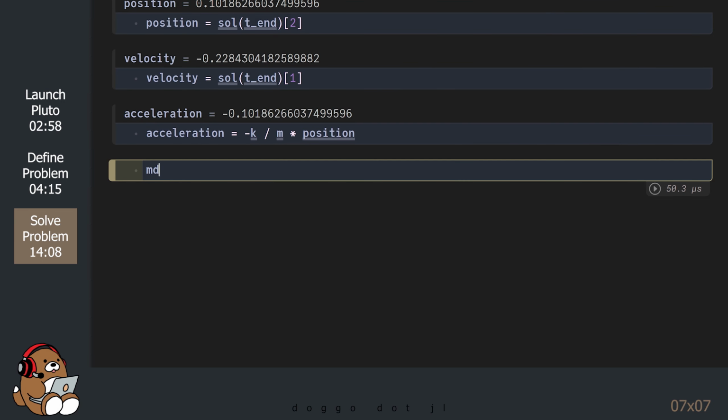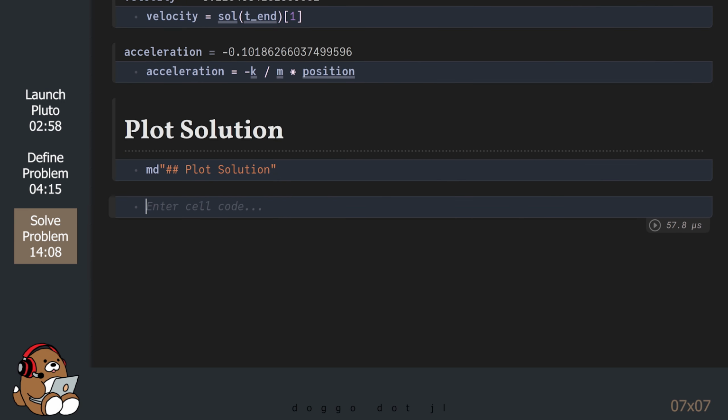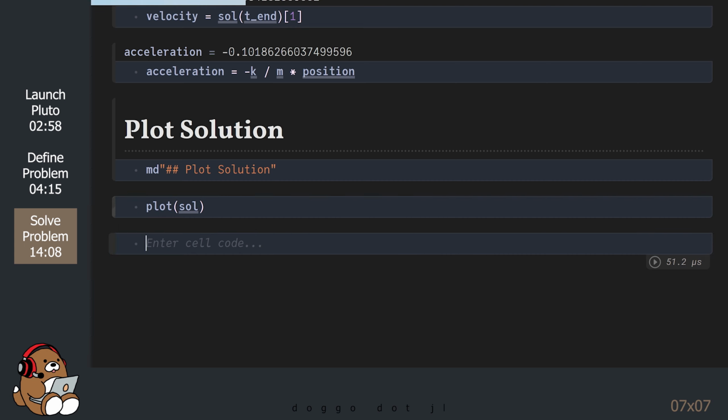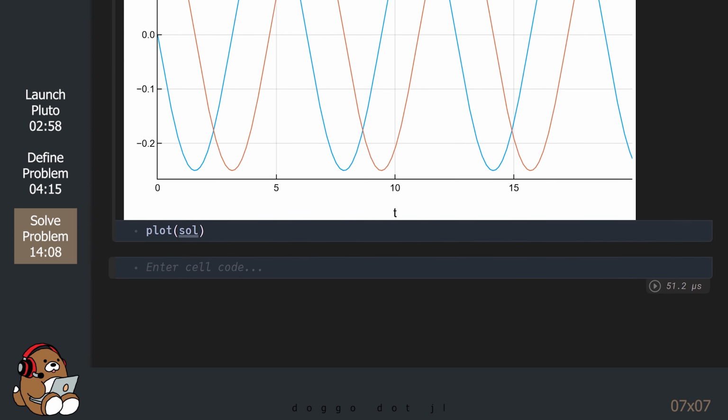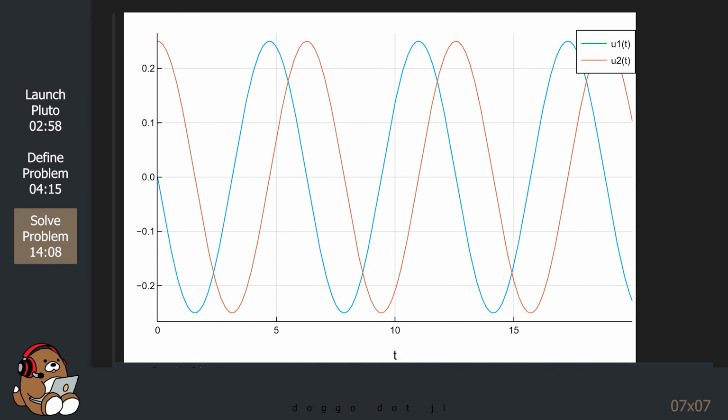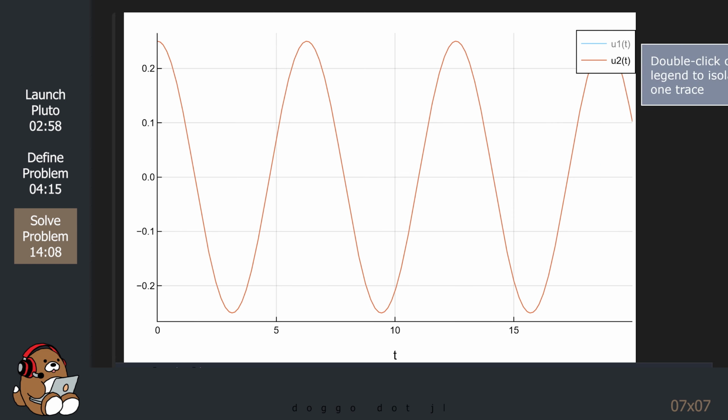Okay, let's plot the solution to see what it looks like. Surprise! The solution is a sine wave and a cosine wave. Let's start with the orange curve. This curve shows the position at any time t.